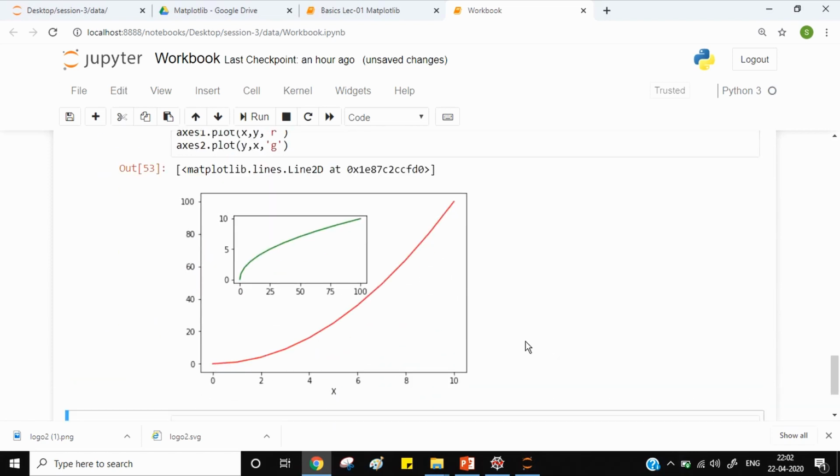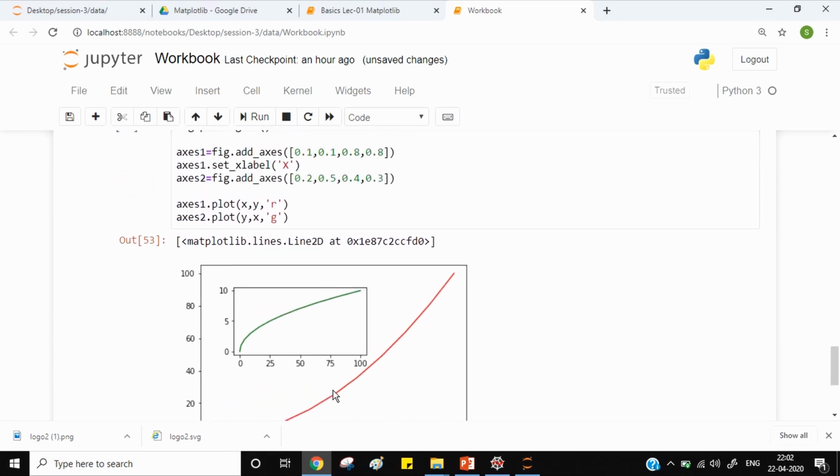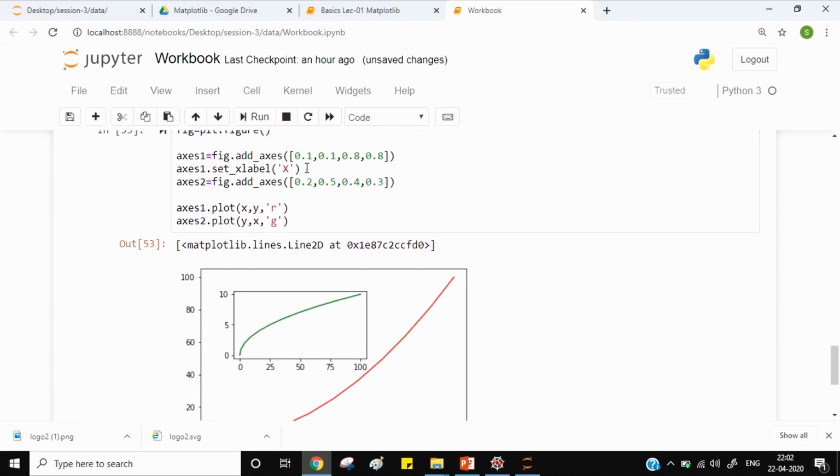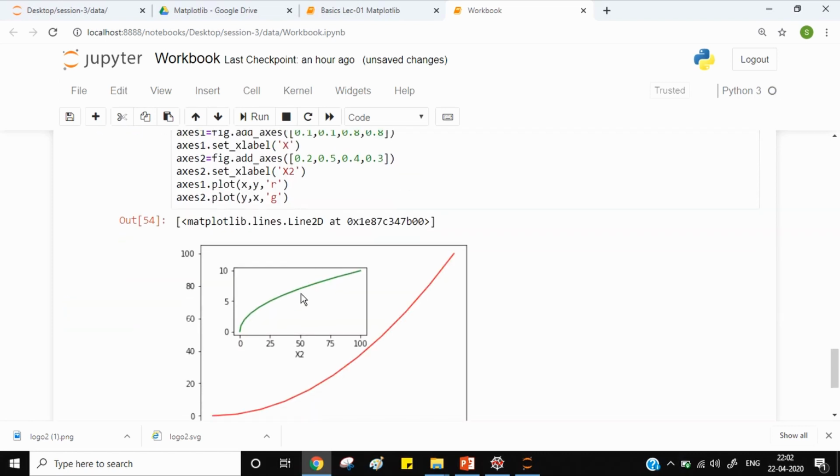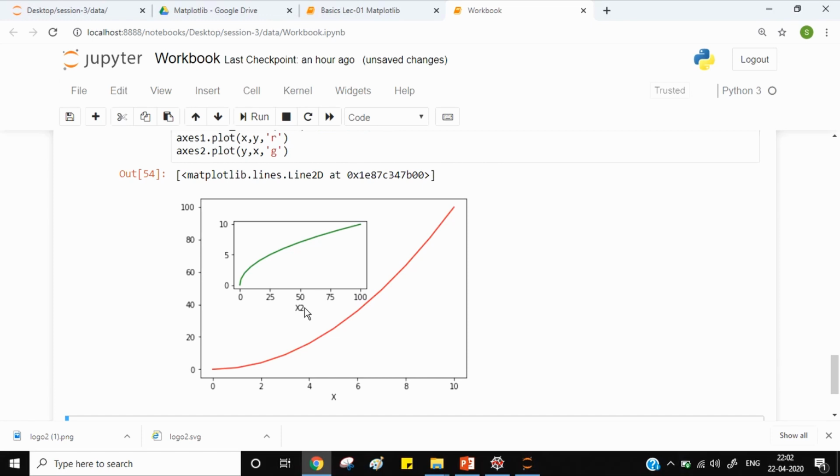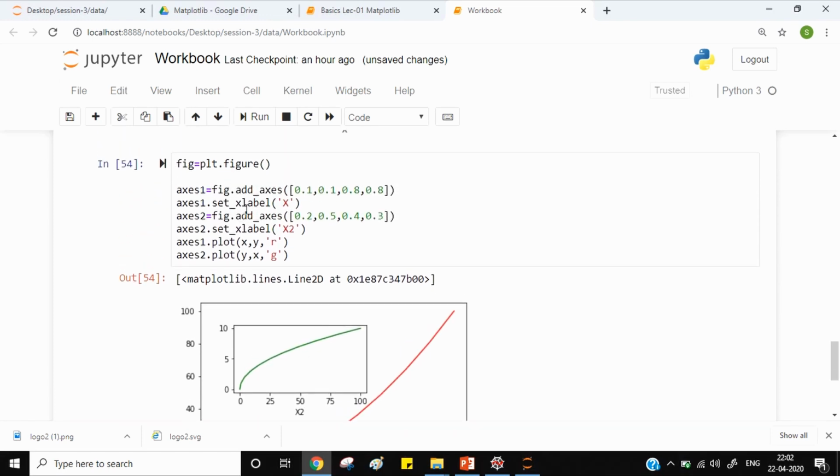You can see for axes1, the red colored graph, you can see the X here, and similarly for axes2 you can see it has appeared here. Then you can provide Y label also, and you can provide a title to both the plots.